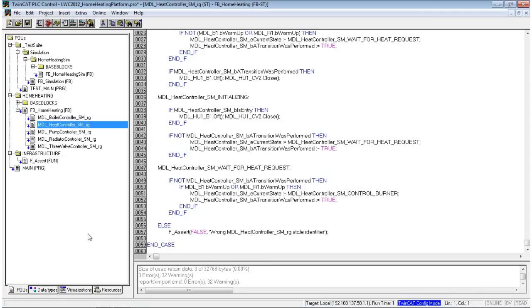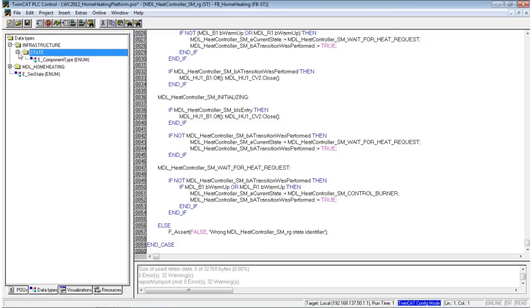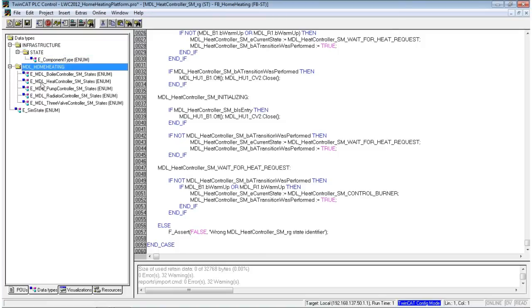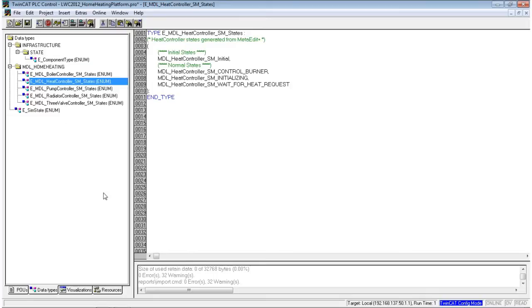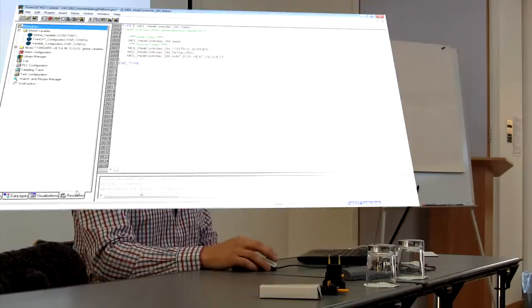And there are also data types being generated because they are also required by TwinCAT. But the thing I haven't generated here yet is the resources, because in order to run the resources, TwinCAT needs to have the system controller running, and then it configures it, and after that it can be executed. So basically, the same information